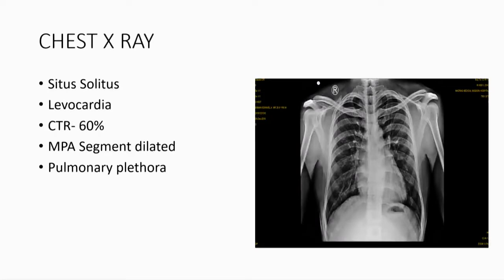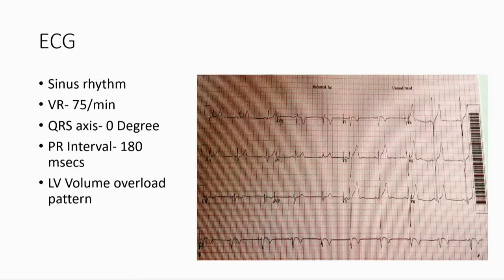X-ray shows situs solitus, levocardia, CTR of 60%, main pulmonary artery segment dilated and pulmonary plethora. ECG shows sinus rhythm, ventricular rate of 75 per minute, QRS axis of 0 degree, PR interval 180 milliseconds, LV volume overload pattern. On echo